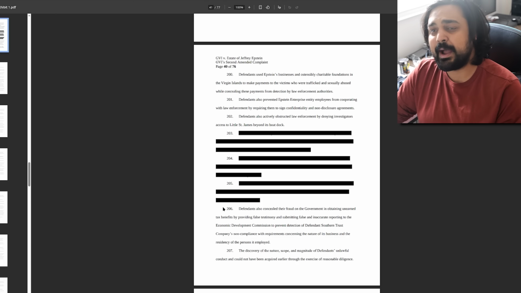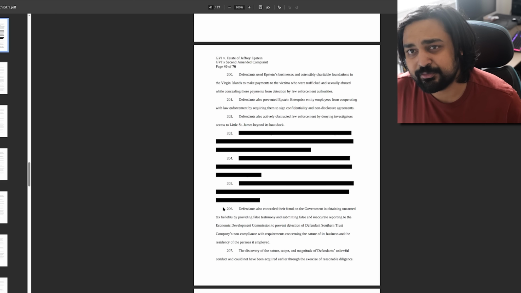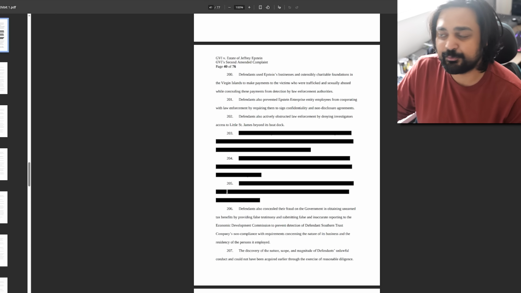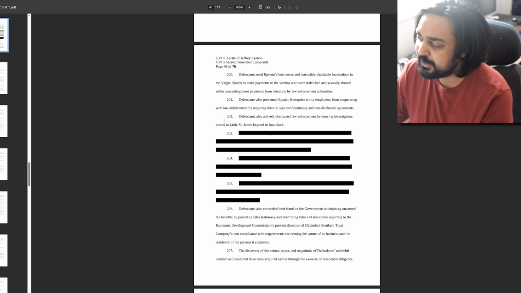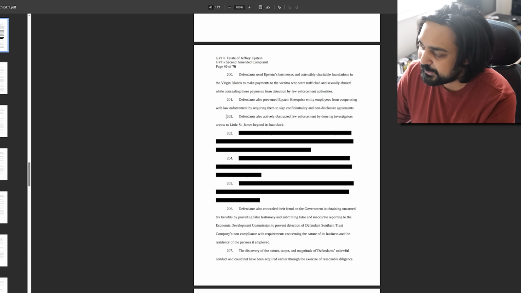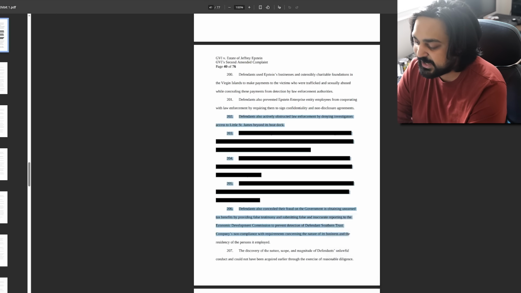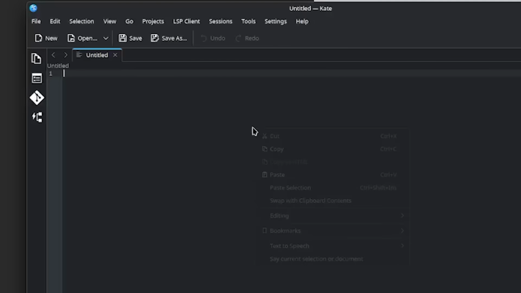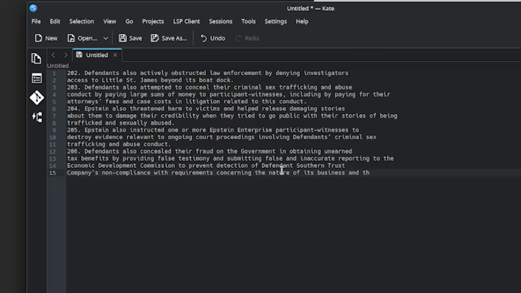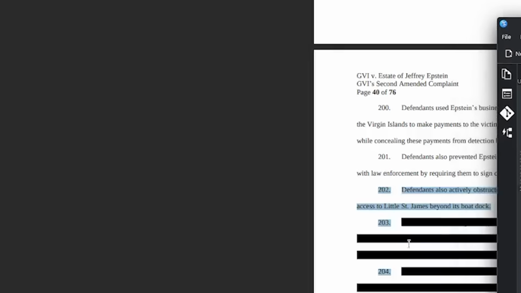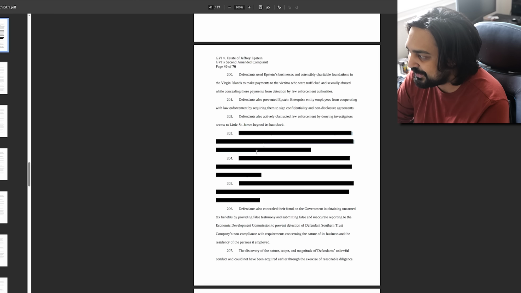Now how do you unredact certain lines? What if I told you this stuff was so improperly redacted that a boy like me can just highlight all of this text, right-click, hit copy, open up a text editor on my computer, and right here, paste it for anybody to read. Remember lines 203 that are all blacked out right here?